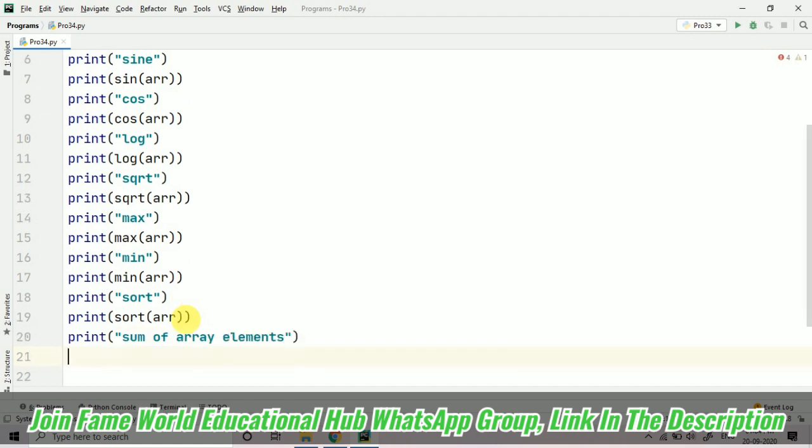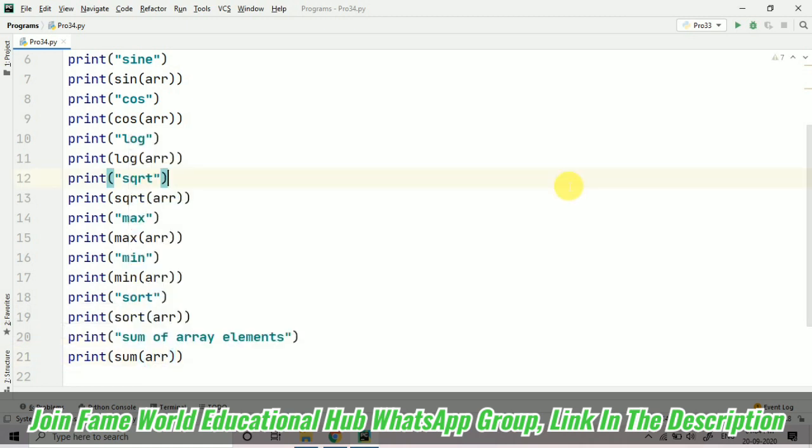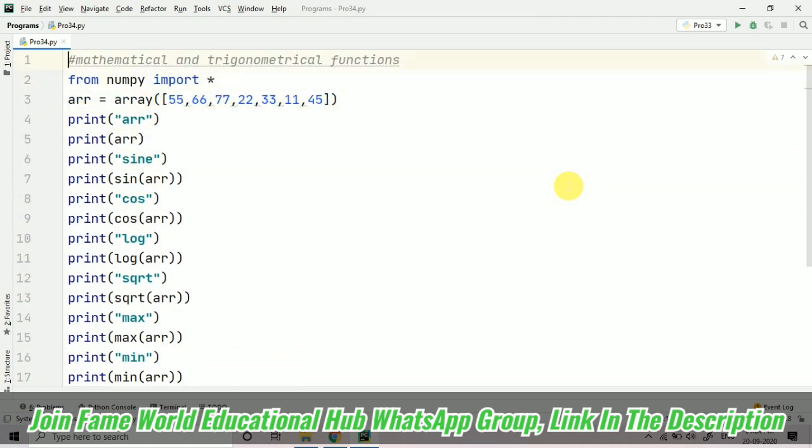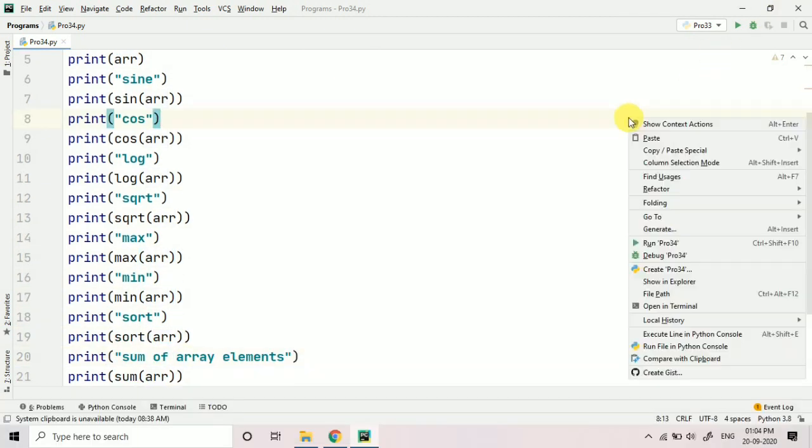For this also we would have to use a complete proper loop and another variable to add the elements, but here you do not have to do that. So I just use sum of ARR. So now these are the different mathematical and trigonometrical functions which I have used here. Now I am going to run this particular program, so you can just see the output also.